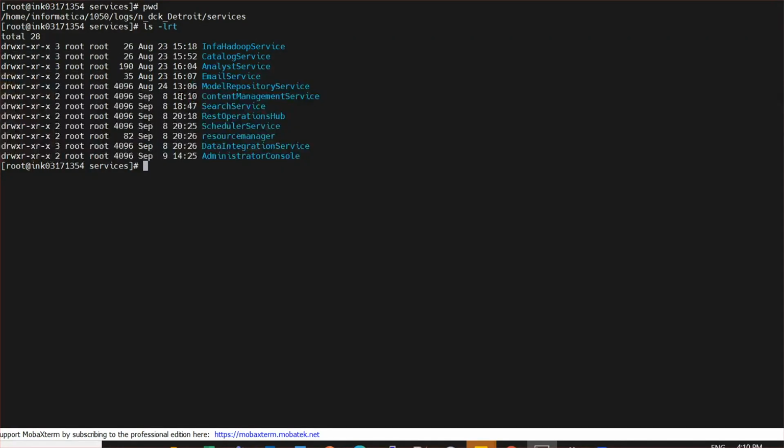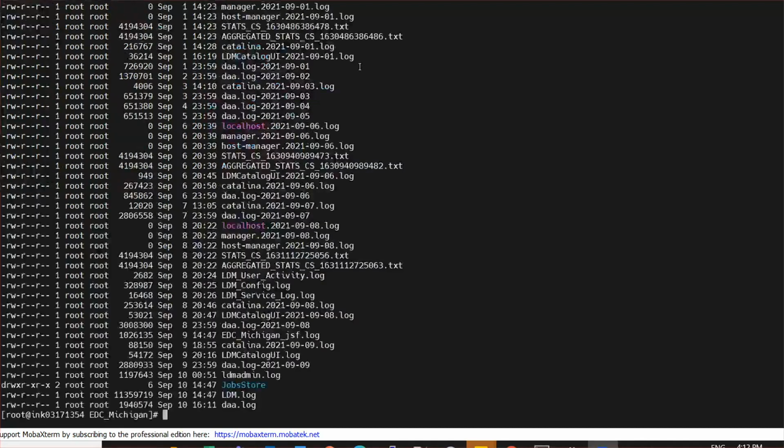To get the catalog service log, go inside the catalog service directory and there you can find the ldm.log for the respective catalog service.